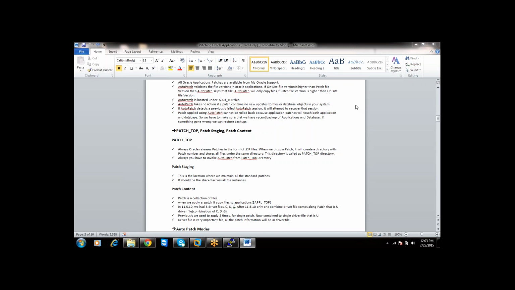Similarly, if you apply AD patch, it will make some changes in APPL top as well as in the database. So similar to how OPatch works, there should be some option here. No, there is no option like that here. Auto patch and AD patch are both the same. Yes, both are the same. Okay, Santosh.